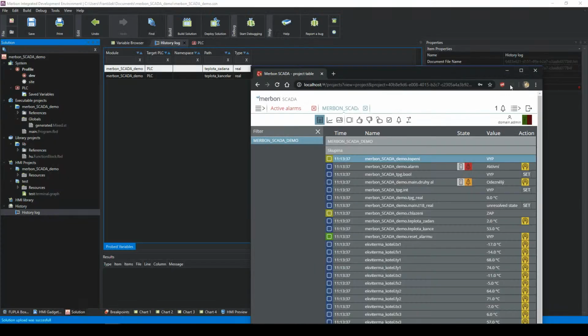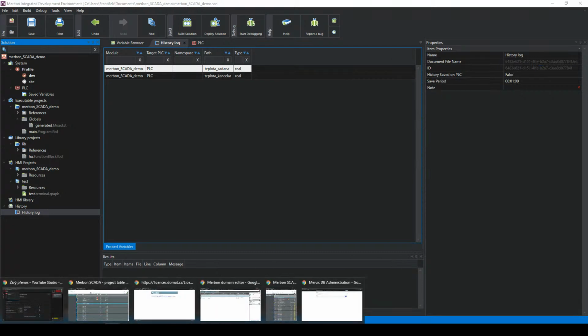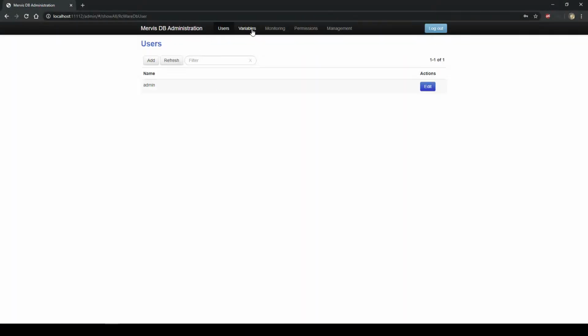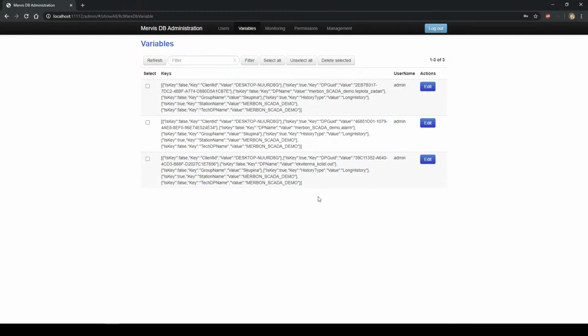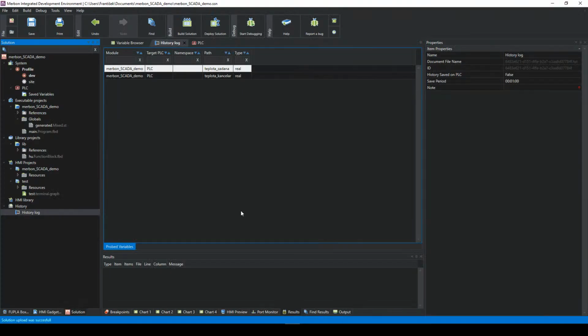Okay, so this is how to do it from the PLC. We don't have to do anything more. And here in the administration, you should be able to see the history. But this is history from the SCADA. So how to do it from SCADA? If you want to save the history from SCADA,